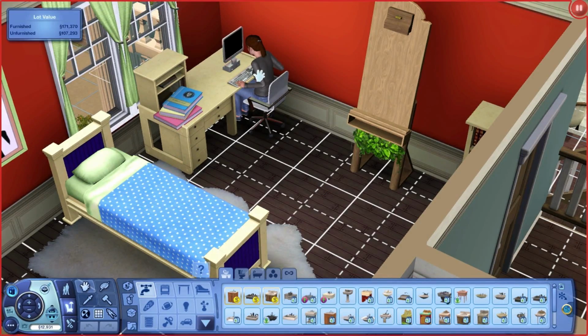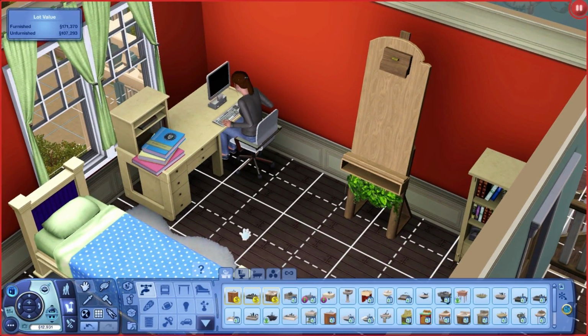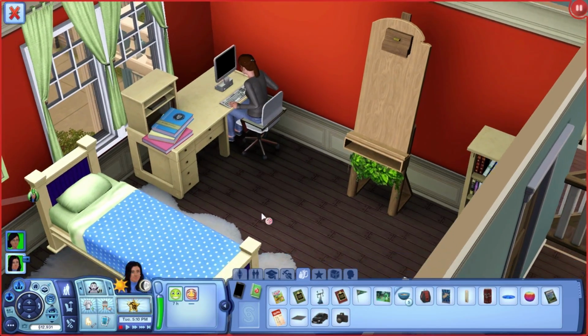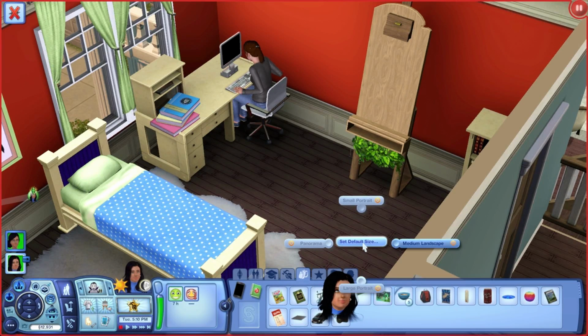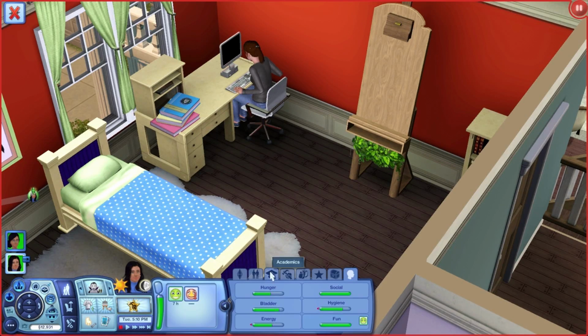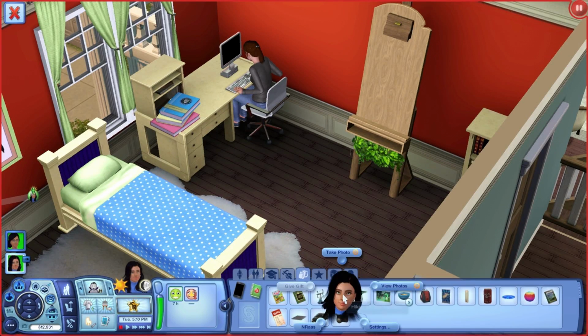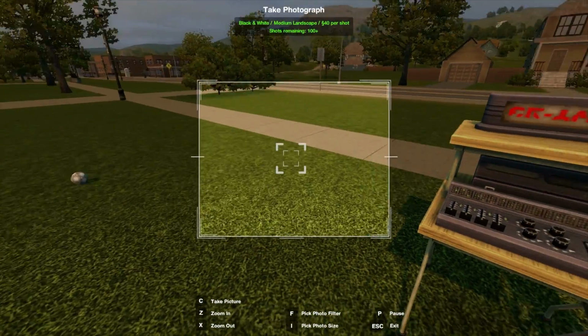I hate to be mean, but like I always have issues with like random Sims just... Oh, is it because she's sitting there? Yes. When she stands up, we'll get her out of there. Okay, why don't you take... Well, let's set default size, medium landscape, and then set default mode, black and white, because she wants to take a black and white photo. And then, why don't you take a photo? And this chick is trapped in the bedroom, so eventually we will...